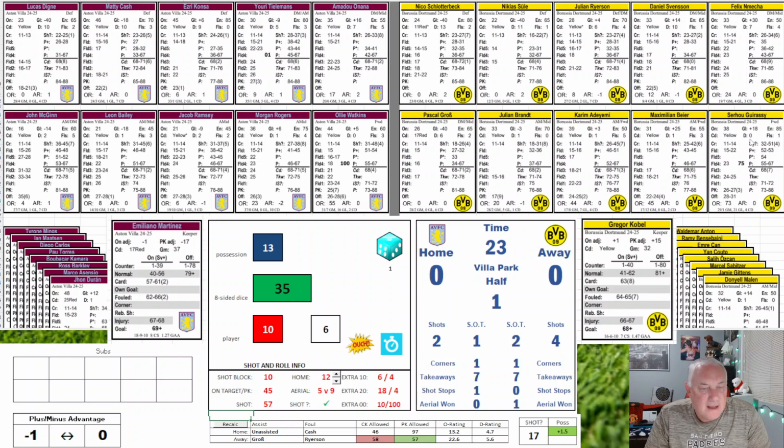57, 60, 75, 80. That's going to be an aerial battle, which is won by Aston Villa. Taken away by Guirassy, but no shot. So it's taken away. He gets the interception, but then the possible shot is stopped because that's yellow. It would have been a valid shot. It would have been off target, but that's yellow. So no shot happens. That's going to be a P. So Aston Villa stops it. It's just a P.